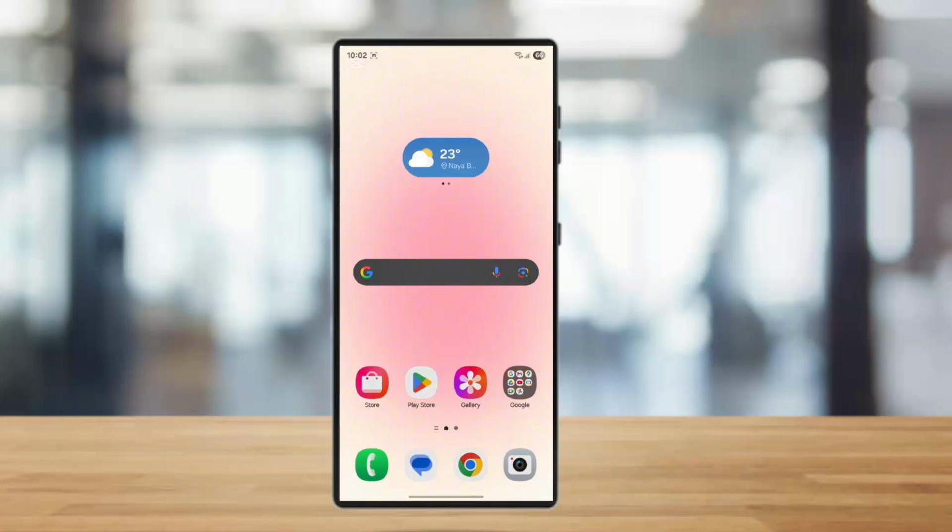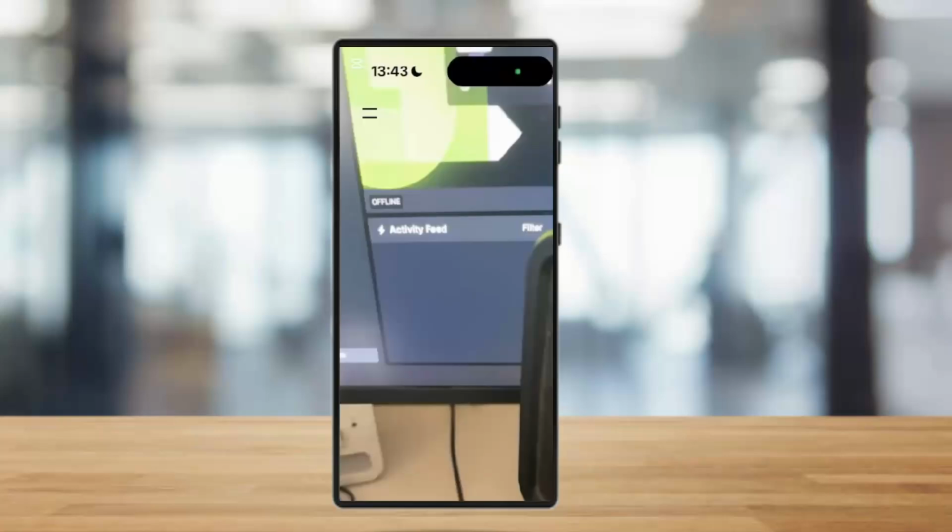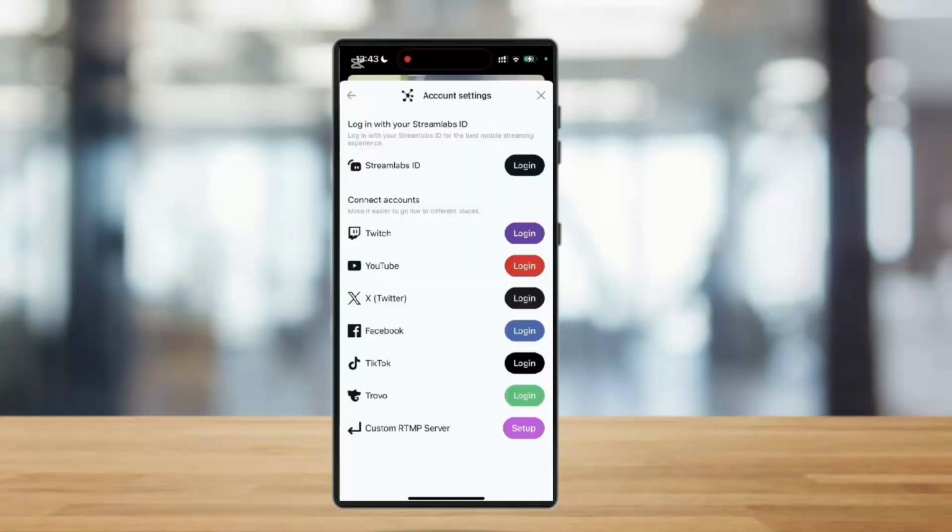So for this you need a third-party app called Streamlabs. This is for live streaming. You need to simply open your Streamlabs, and once you have opened it, you need to enable your camera and microphone. Once you have done this, you need to simply set up your device accordingly and go to